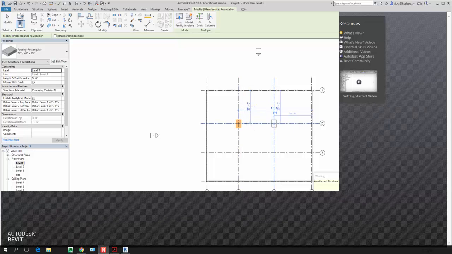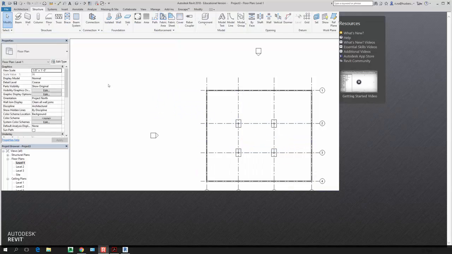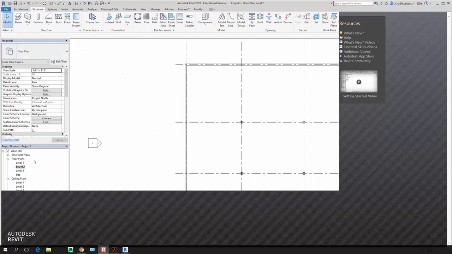1, 2, 3. What's the warning sign to tell you? Okay, they move your footing to the bottom of your column. That's right, because remember your column is 4 inches deeper, right? 4 inches deeper. So that's fine, right? And then we go to our level 2. Let's add some beams, right? Let's first add a major beam,